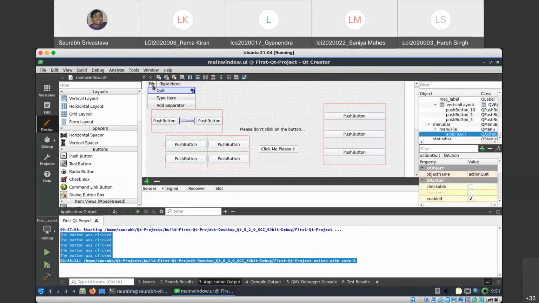For example, I have handled the quit action here. I've already shown you the click part here. So the idea is you figure out what UI events you are supposed to handle for your particular case, and then you provide handlers for those events. So these are the typical steps.